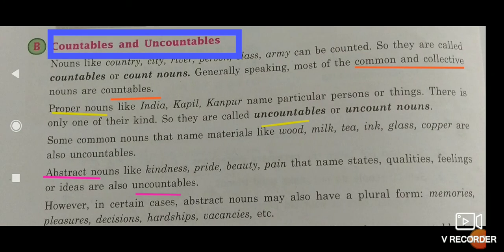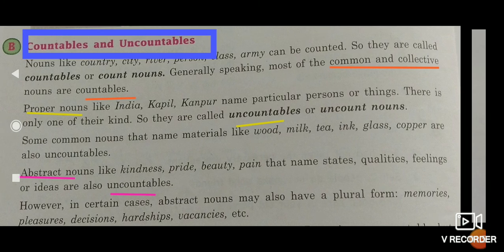All these kinds of nouns are classified under countable and uncountable noun. Countable means a name of a person, thing, object, or place which can be counted. If we can't count the name of a person, thing, or object, then it will be uncountable noun. So all the four major kinds of nouns will be either countable or uncountable.